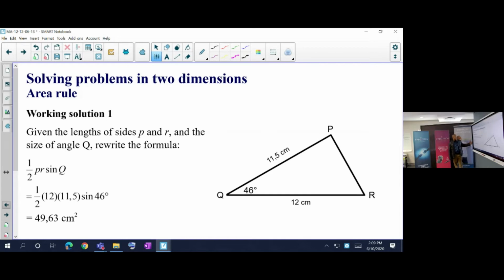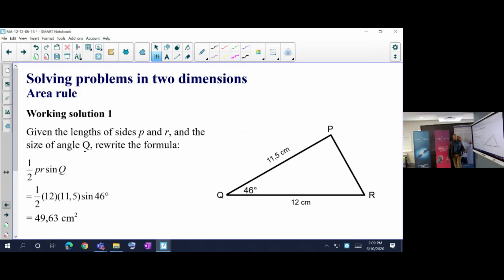So what is the length of P from the diagram? P is the side opposite the angle P. So it's 12 centimeters. So we have half PR sine Q, because we have angle Q given. So our P is 12, that's the side. Our R is 11.5, the other side, and the angle in between is 46. Hence, we have half times 12 times 11.5 times sine 46, which if you use your calculator, you'll see that it will give you